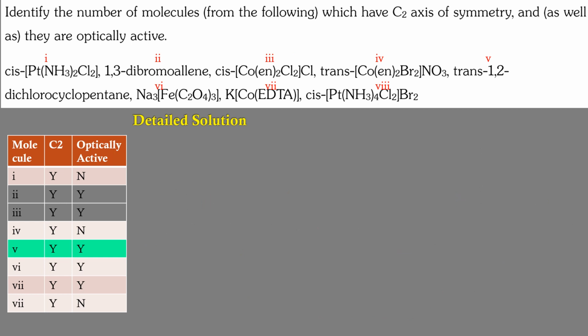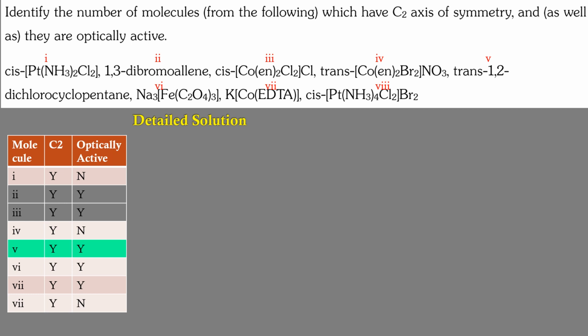This is our trans-1,2-dichlorocyclopentane. So the situation is, as with the previous molecule in octahedral complexes, when we have two bidentate ligands, we keep them trans. This is going to give us a symmetric situation. Now in the case of cyclic rings, 3-membered, 4-membered, or 6-, 7-membered rings, when we have cis compounds, they